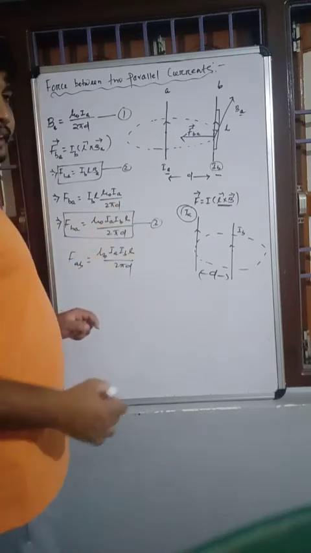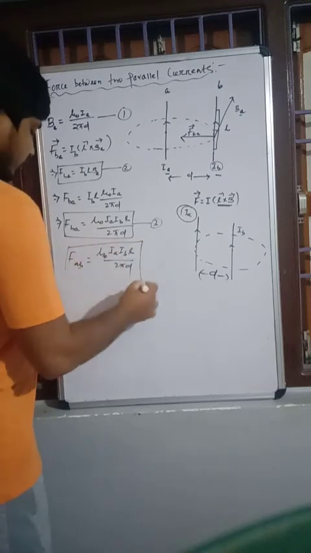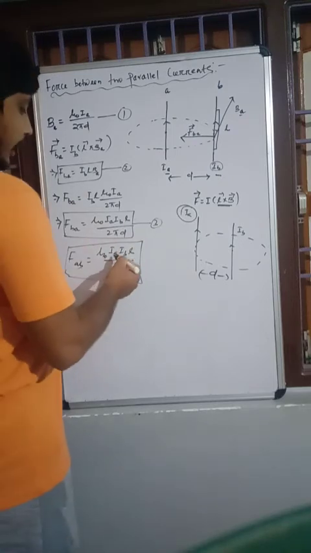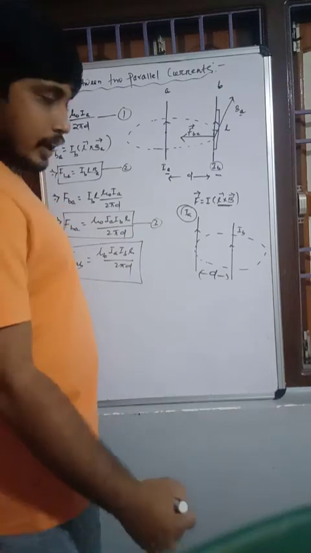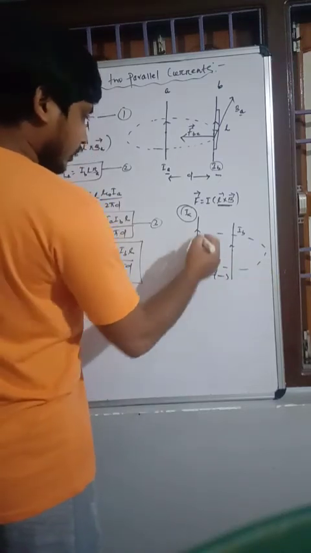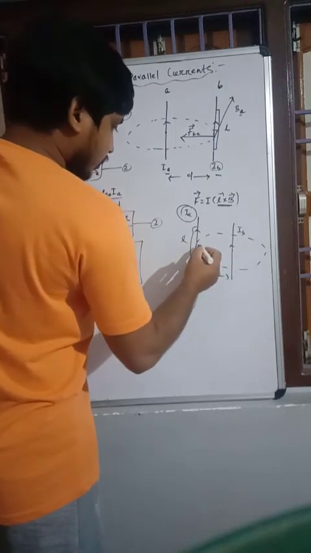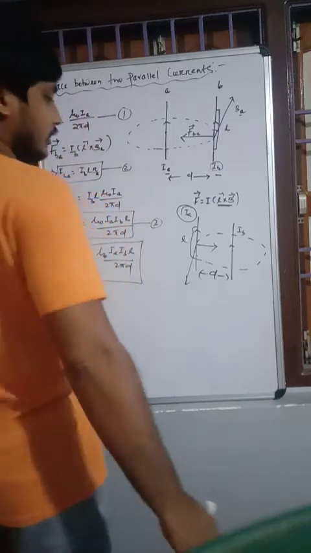Same expression we will get. So there is no need to derive it again. You can directly write that FAB will be equal to mu naught IA IB L by 2 pi d, and in this case this will be the direction of the magnetic field. This is the length L, and the direction of the force will be in this direction